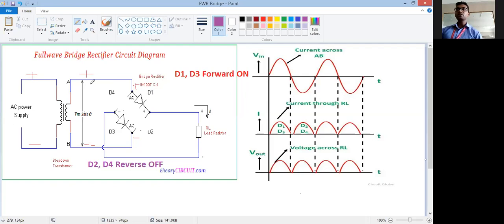So see how current will flow. Current will originate from the positive terminal of the battery. Then it will go to D1. Correct? Then from D1, it will go to the load. The direction of current, see, is from top to bottom. See, I have drawn it with a dark black line. Correct? So current will go from top to bottom. Then it will go to D3, this D3, and then towards the negative terminal.